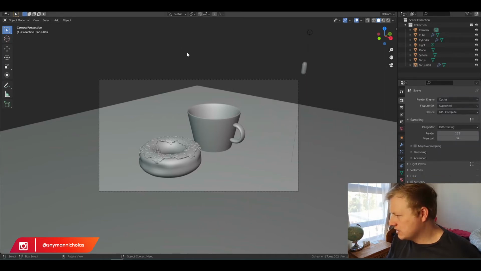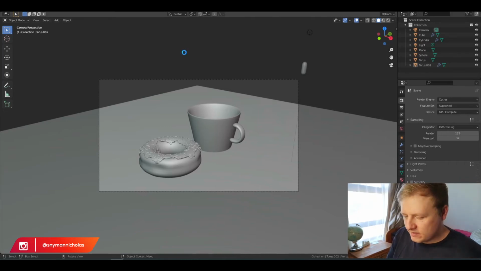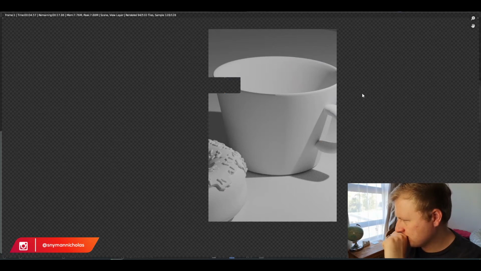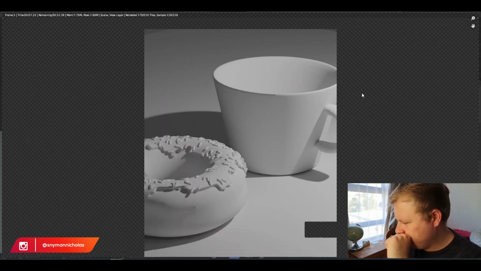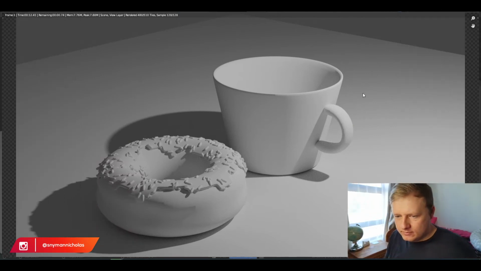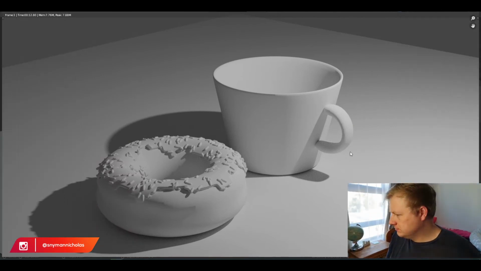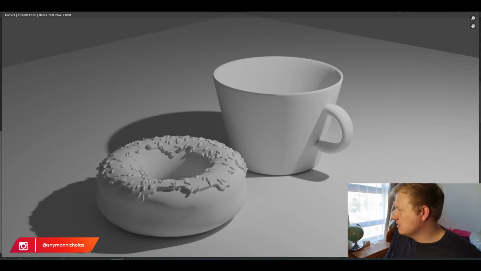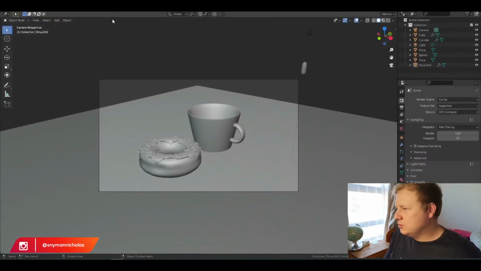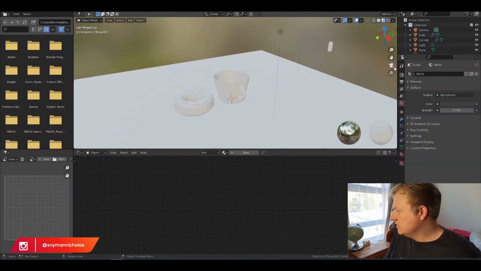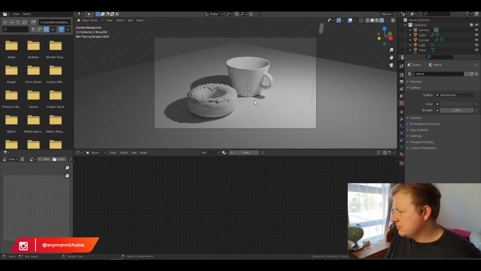I'm going to use my graphics card to render. I'm just going to give it a quick render to see what we have so far. Okay, so this is what we have. Now we need to put some textures on there to make it a lot more realistic. Cool. So what you want to do is go to Shading, into Camera View, Render Mode, Render View,